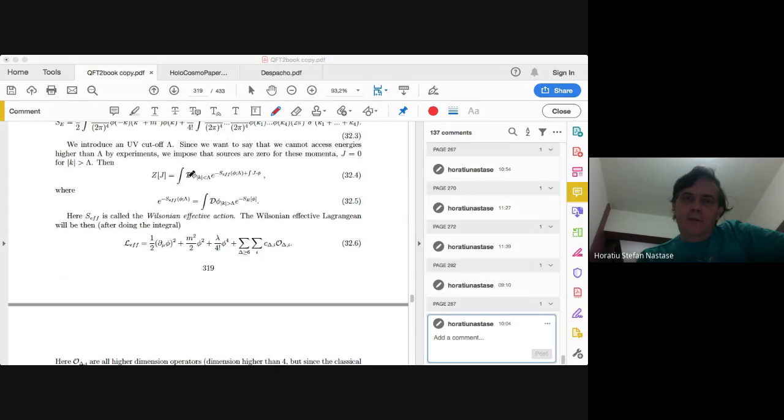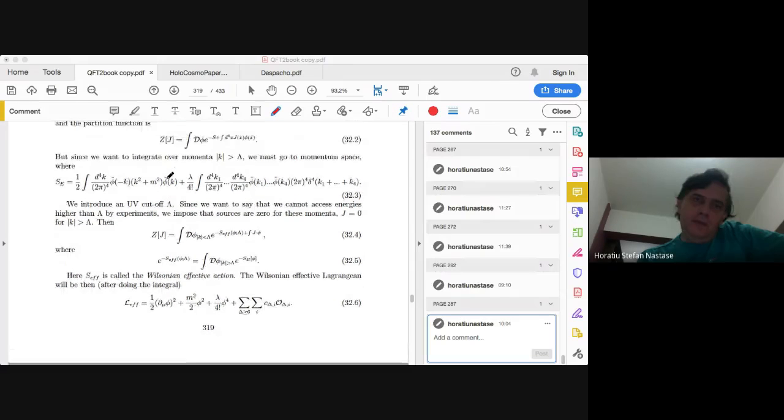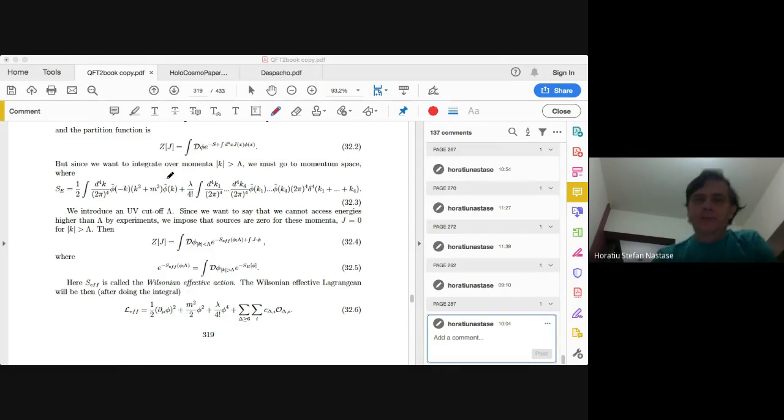So that means that the procedure now for calculating physics using this effective action is a path integral over momenta lower than lambda, e to the minus some effective action that now depends on both the fields and the cutoff, plus the integral over j dot phi, j being non-zero for momenta smaller than the cutoff, but where now e to the minus the effective action